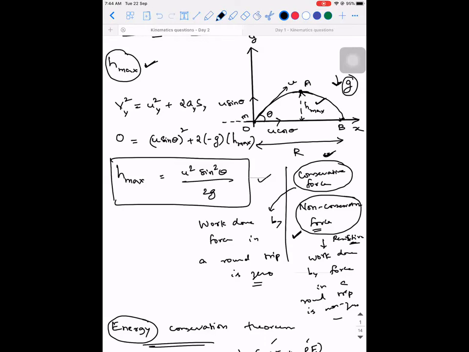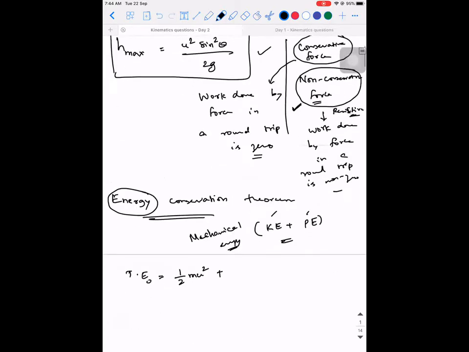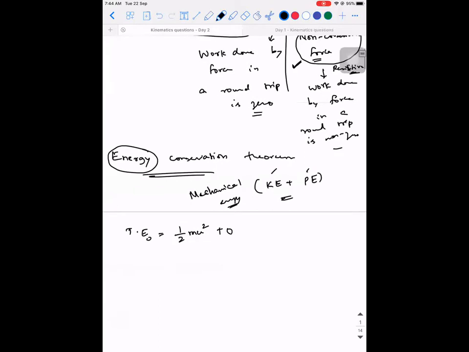So if I take the answer, what you told would have been 0, provided I would have taken the ground as the reference line. Correct? If you take the ground as reference line, yes, what you're saying is right. So I'm taking it as 0. I hope this point is clear. Let me take it as first point.